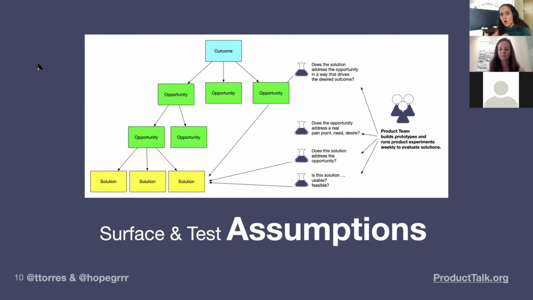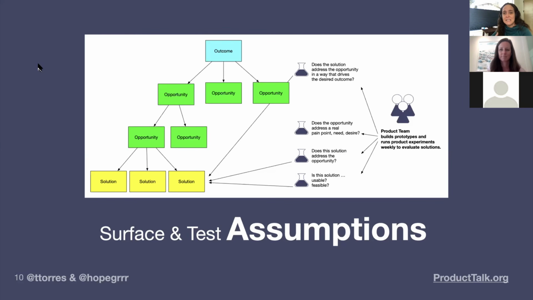And then almost always, it is way faster to test a specific assumption than to test the whole idea. By testing assumptions, we can test multiple assumptions in the same week. So when we hear things like Marty Cagan says, the best product teams run dozens of experiments a week, if our experiment size is an A/B test of a full-blown feature, it's impossible to do dozens of experiments a week.